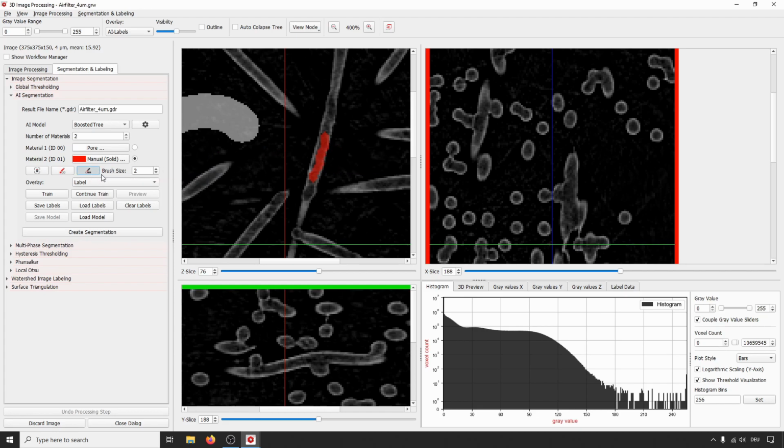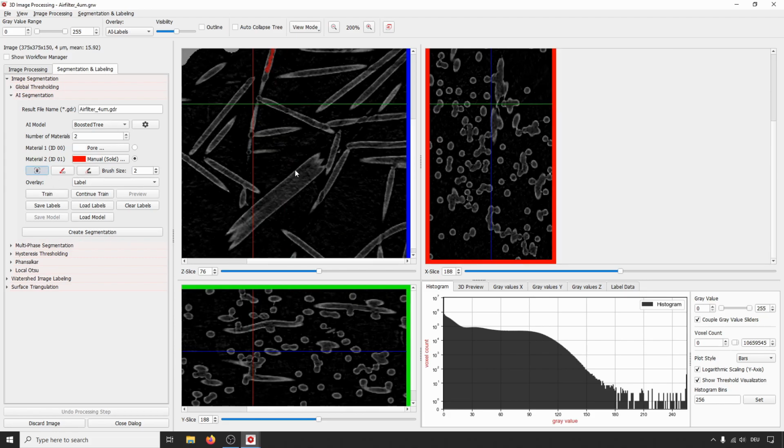So we switch to the delete mode here, and then you can delete the parts here at the boundary. You don't need to be too accurate, but it's always bad if there are wrong labels, because they might create wrong label data in the end. So I'll also remove this part there. I think this looks better now.